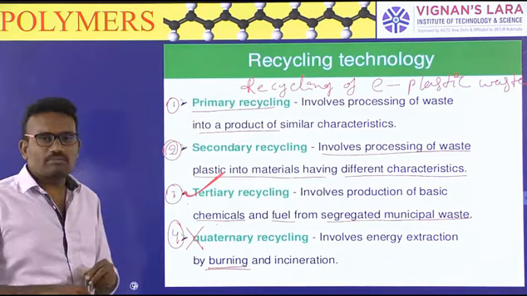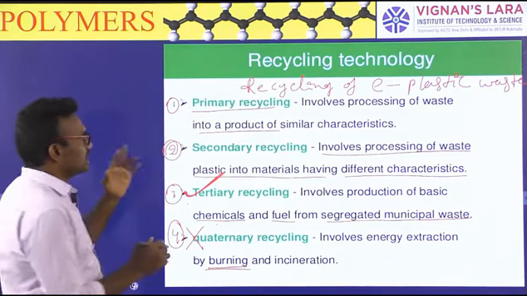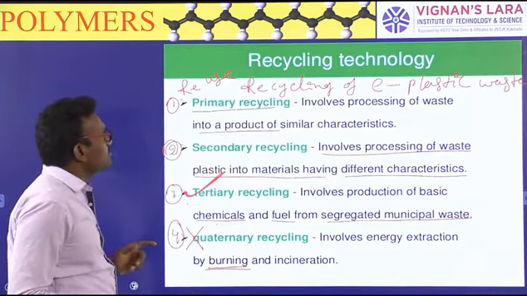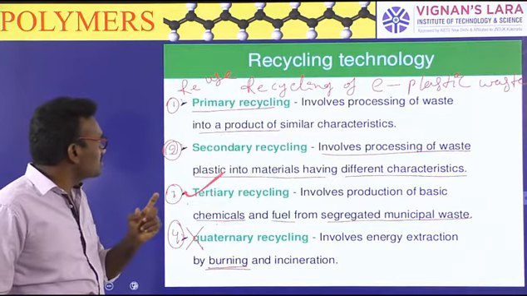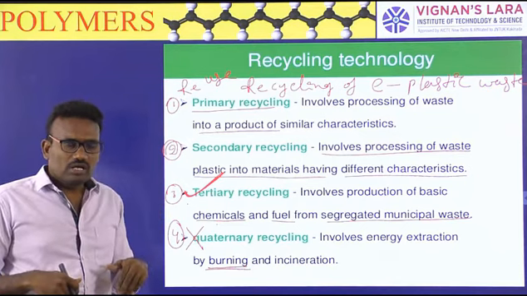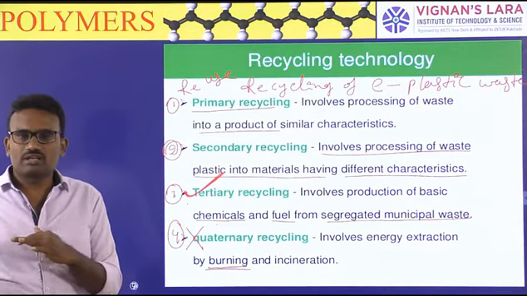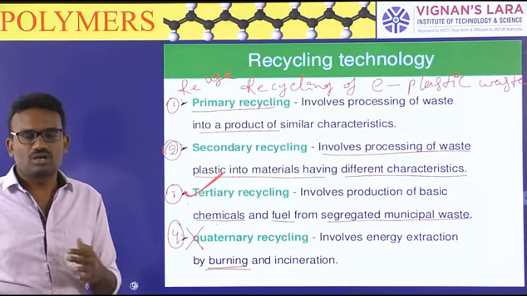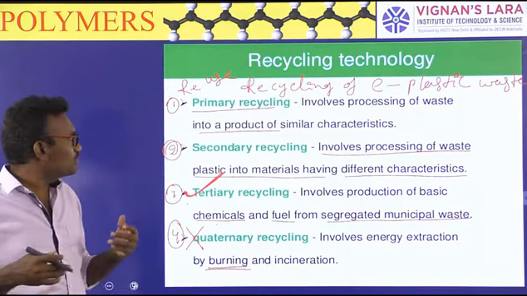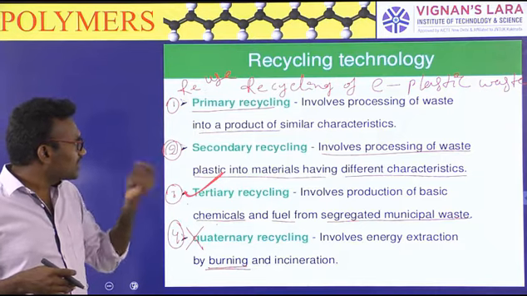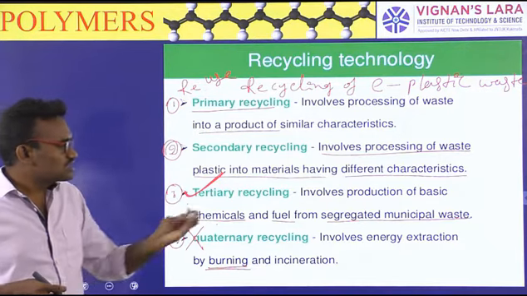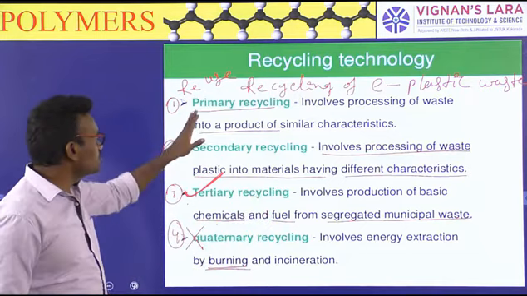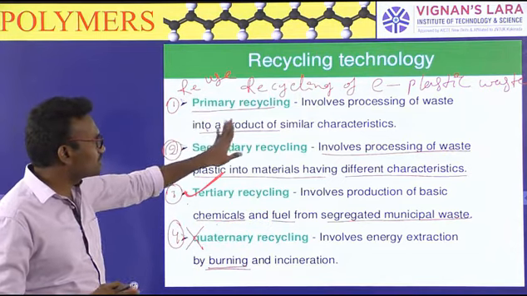Primary recycling means the reuse process. It is also called reuse. One person uses a plastic item and dumps it outside, and the same bottle is used by other persons. That is reuse. It can also be the same person. For example, I use a water bottle for drinking and also use it for growing plants. So that is the reusing process. It does not change the waste into a product.